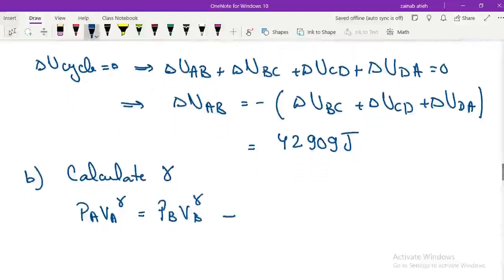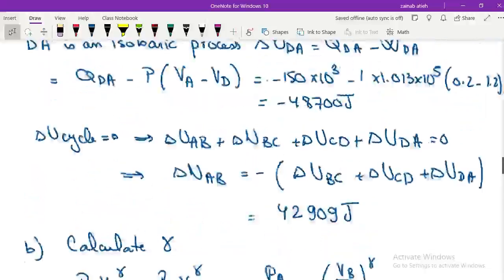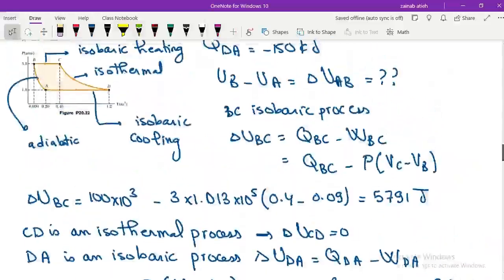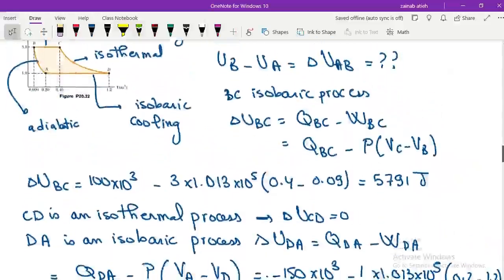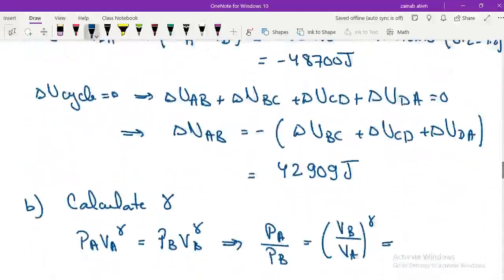This implies PA over PB equals VB over VA to the power gamma. Now for pressure, no need to change unit, because they have the same unit. So all I have to do is just copy, and then PA is 1, PB is 3, so it's 1 over 3 equals